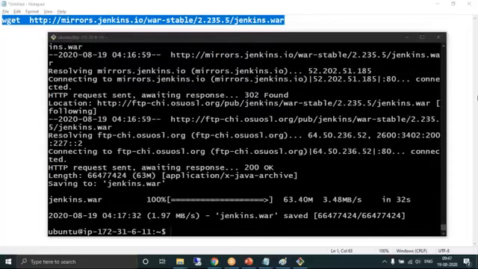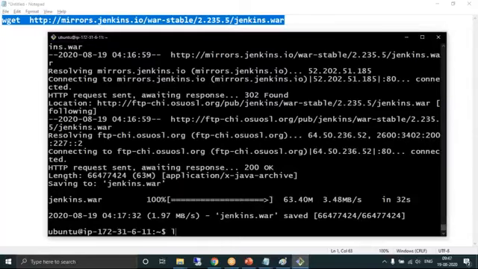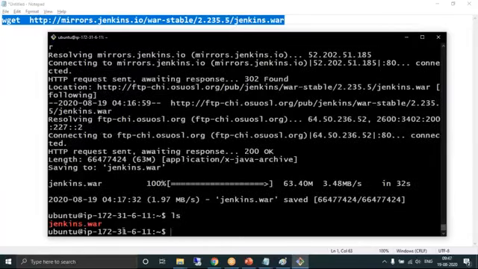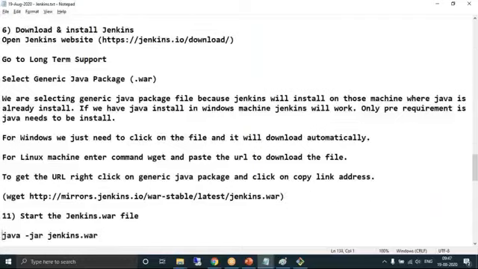And it has been downloaded. If you want to confirm, we have the ls command to see the list. The WAR file has been downloaded, and you need to run this particular file.